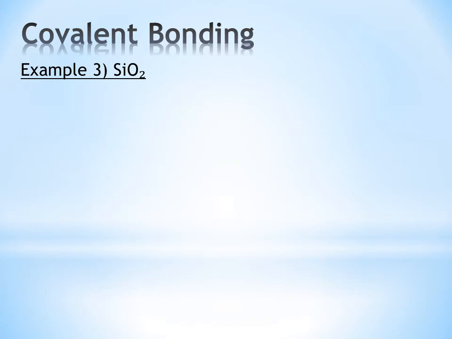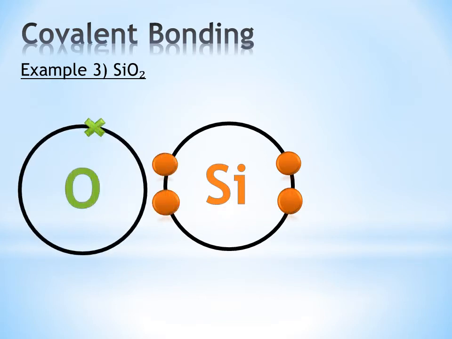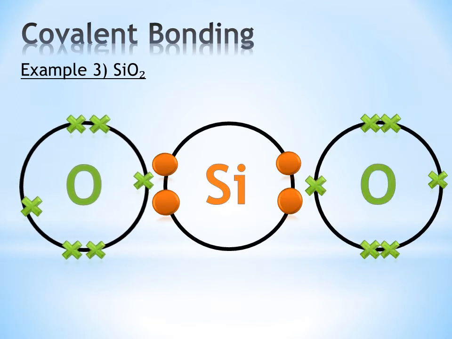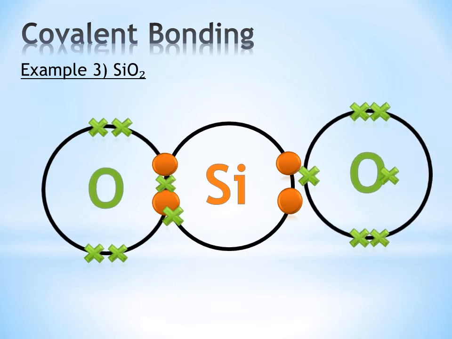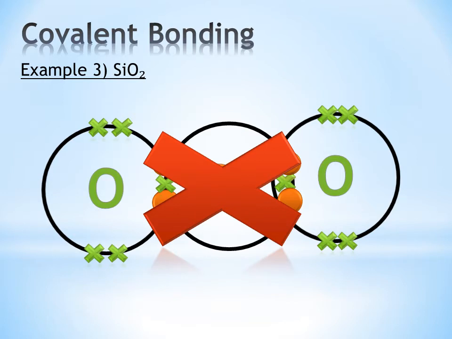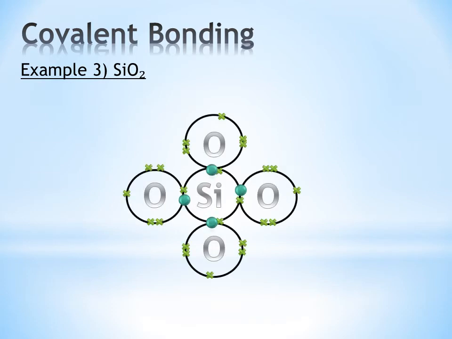Our last and final example of covalent bonding is silicon dioxide. Silicon has 4 electrons in its outer shell, and oxygen, as we have seen before, has 6 electrons in its outer shell. Now we would normally expect silicon dioxide to form 2 double bonds, just as seen in carbon dioxide. However, this does not occur. This is because silicon has a larger atomic radius than carbon, and so is less similar in size to oxygen. Due to this difference in size, silicon is unable to form 2 double bonds and instead forms 4 single bonds